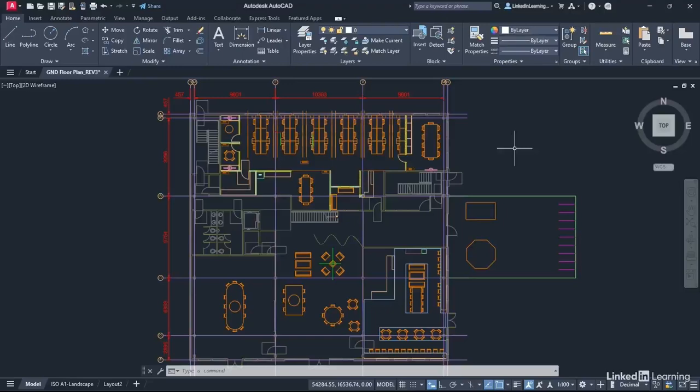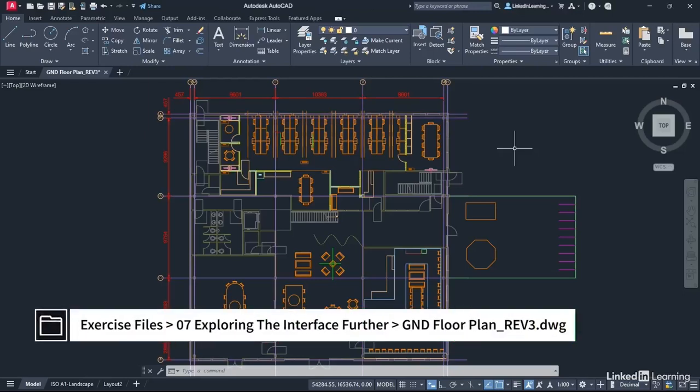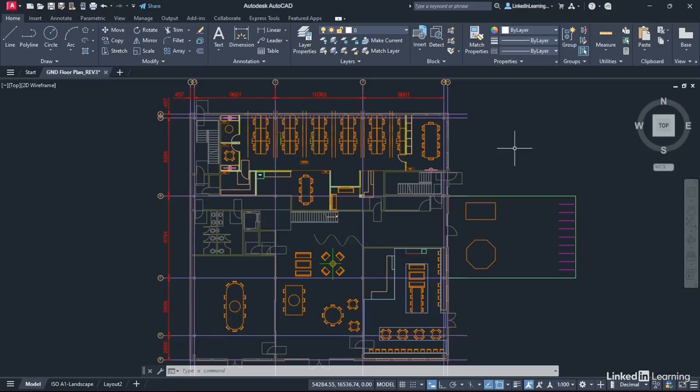We're going to take a look now at a short little chapter that has two videos in it where we explore the interface a little bit further. Now we've got a new drawing for this, you'll probably recognise it. It's ground floor plan underscore rev3.dwg this time. So download that file from the library, open it up in AutoCAD and make sure you're in